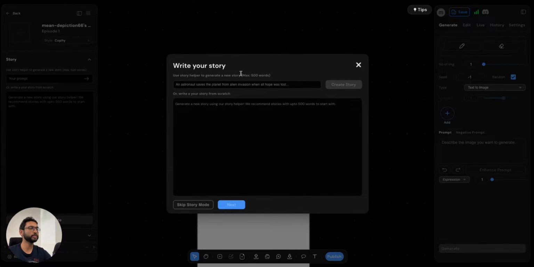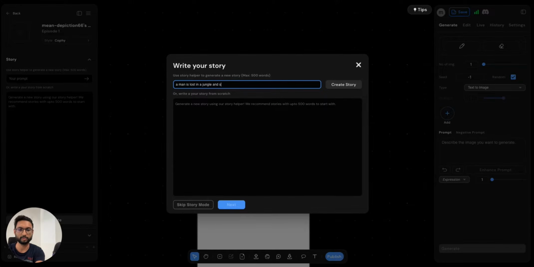Okay, so we're going to start with a cool new feature that we have, which is called Story to Comic. All right. So if you have a story of your own, if you already written something down, you can of course use that. You can type that out here, or if you would like an AI assisted story creation, what you can do is type a short prompt over here and have our AI create a panel by panel story for you. So I'm going to say a man is lost in a